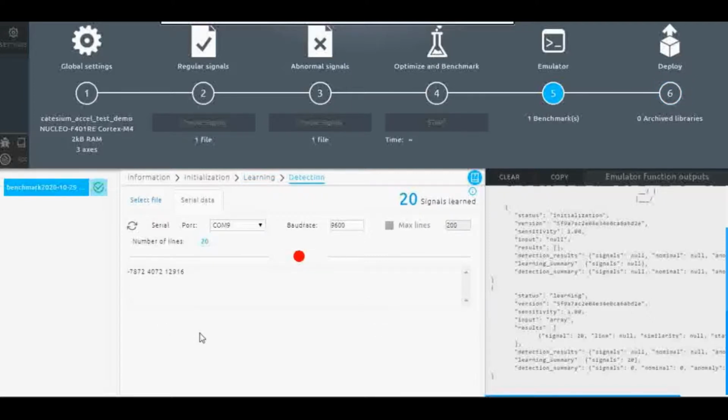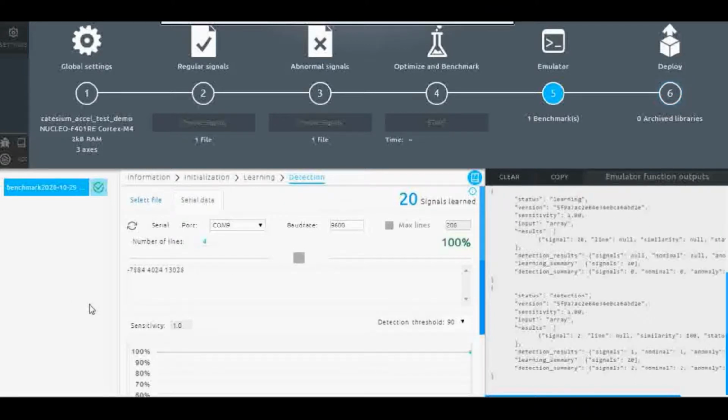And I will go to detection now, and again I will start this, and you can see what I did in learning is that I put the sensor as normal, and as soon as I move this sensor, it goes to like 45%, or whatever the percentage of deviation is from there, and then it is able to detect.